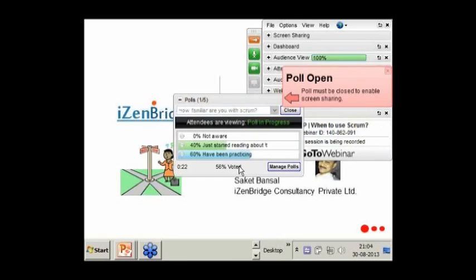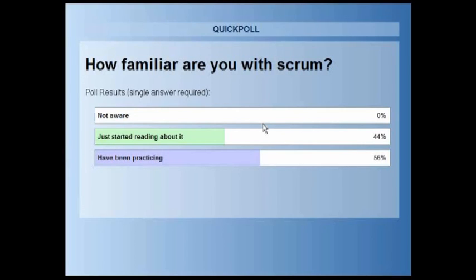Okay, some of you have already voted. Rest, please just cast your vote. Till now the majority are practicing Scrum, so they will find things very familiar. They will feel that everywhere they can put Scrum. We have say 44% of our audience who are very new to Scrum.